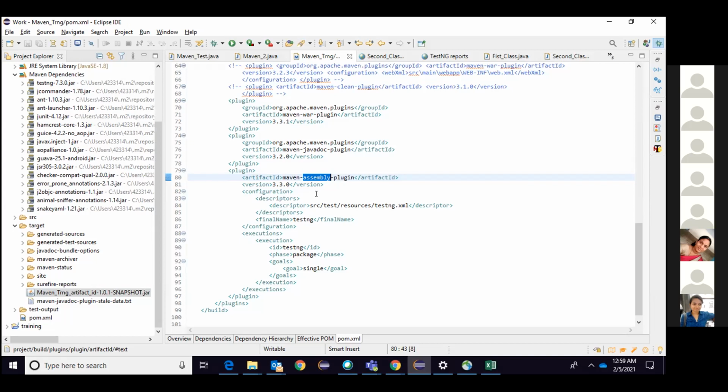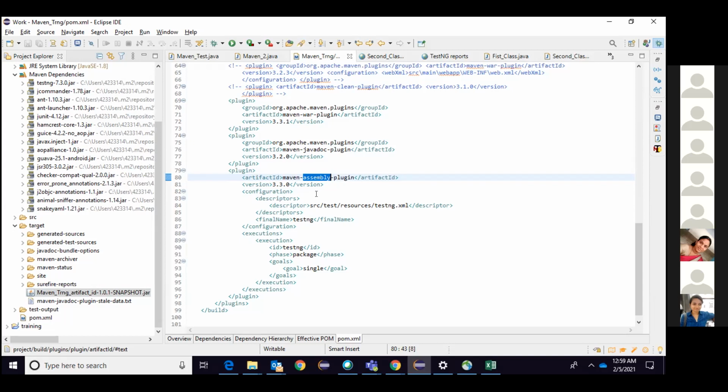Now the only difference between the assembly and the jar is this. You people know about the Windows installation of any application. They provide a .exe file. When you install Eclipse or any other software, VLC or any other Windows player, they give you an exe file. When you double click and say next, next, next, depending on the path you give, it will install that software in your operating system, right? That is what is happening.